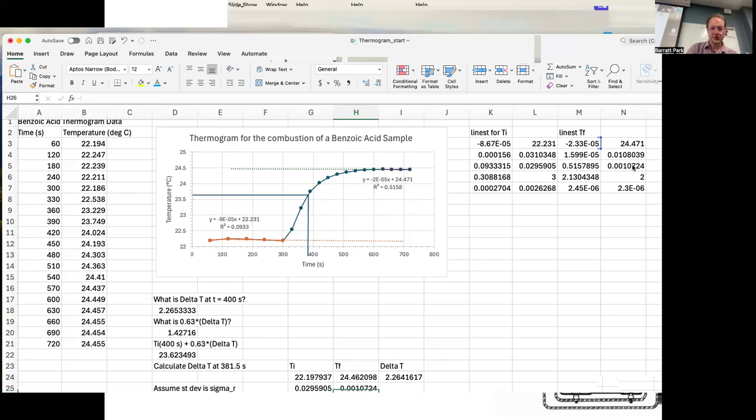Okay, and so here's the value. Here's the standard deviation. When we report an uncertainty, we don't report the standard deviation. We report the 95% confidence interval. And so we need to figure out what the 95% confidence intervals are for these two standard deviations, right? And so let me quickly bring up